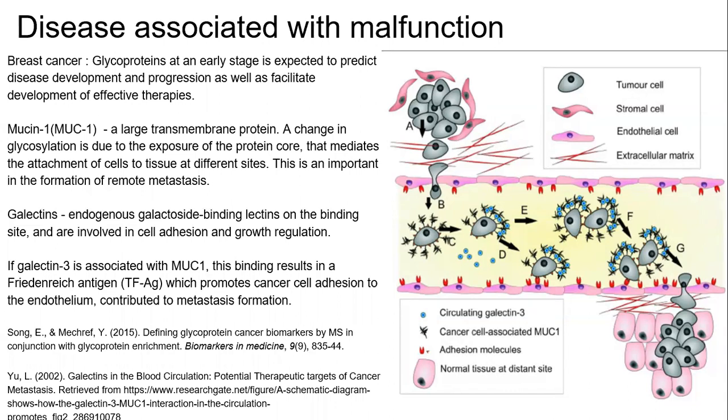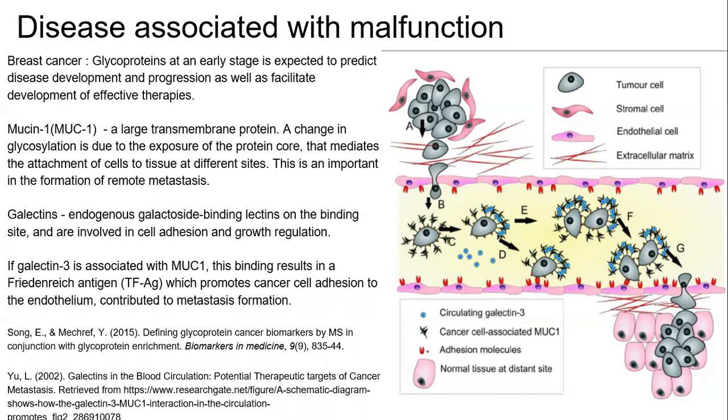So during glycosylation, there are two key players, the first known as mucin 1. Mucin 1 is a large transmembrane protein. A change in glycosylation is due to the exposure of the protein core that mediates the attachment of cells to tissues at different sites. This is important in the formation of remote metastasis. So if there's underglycosylation of mucin 1, it is associated with a higher grading and can serve as a diagnostic marker. Another key player is known as galectins, which are